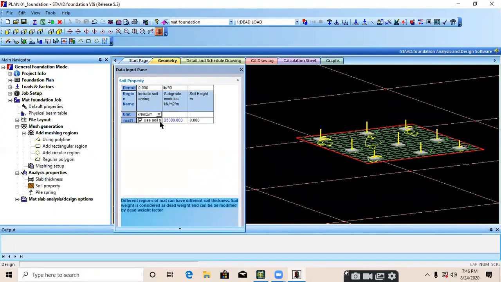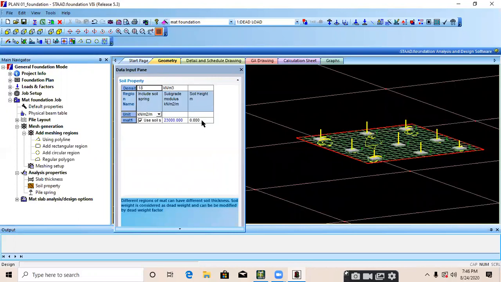MAT1 used soil. The subgrade modulus is 23,000, which we provided in the default properties. For density, provide 18 kilonewton per meter cube. We provided it in the default, but it is not taken by the software, so we need to take care of it and provide 18 kilonewton per meter cube.